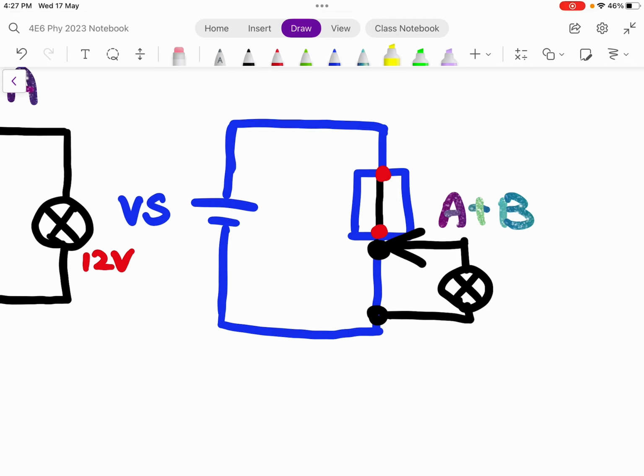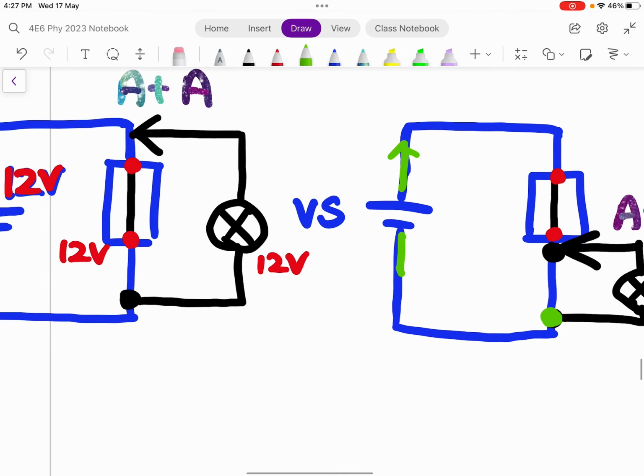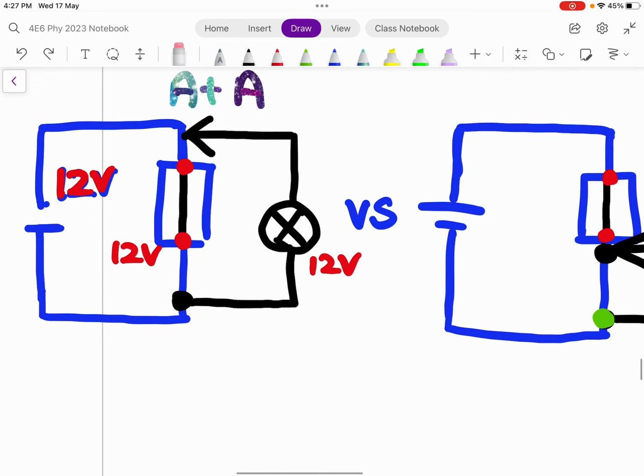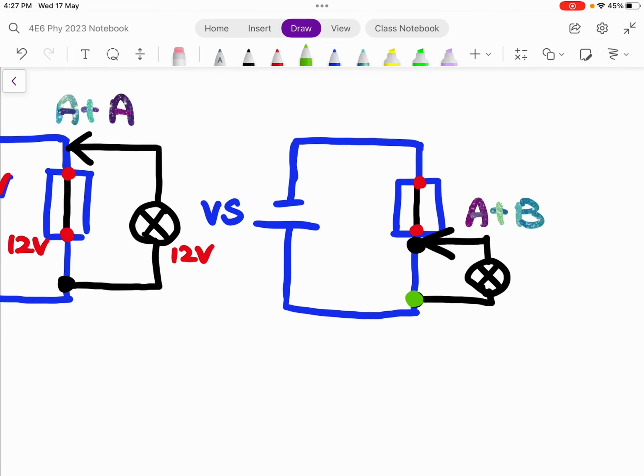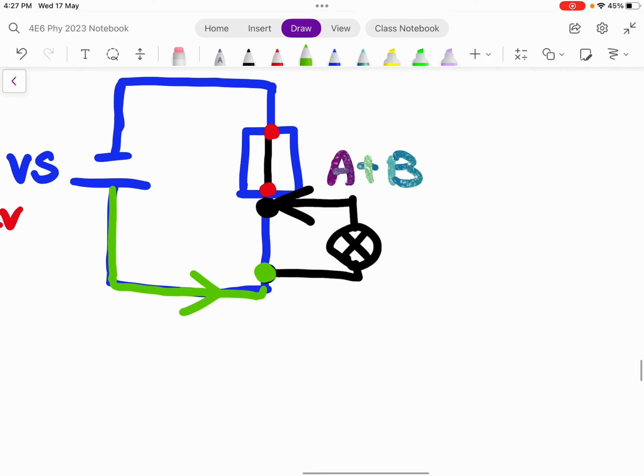Can you see that down here, there is a junction? If there is a junction here, it doesn't matter whether the current goes this way or that way. For convenience's sake, I will just swap this thing. When you analyze a circuit, it doesn't matter how the current flows. But I know that it matters to you because that is the way you were trained in lower secondary. So let's say the current goes like this. Let's say it goes to this junction. Then now it has two paths: the blue path, which is this way, or the black path,